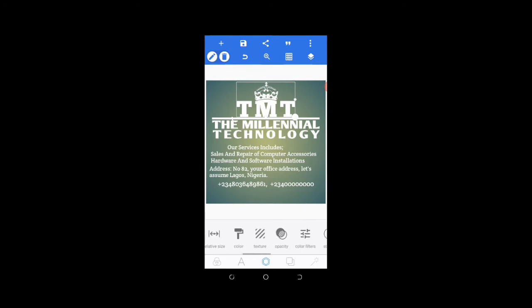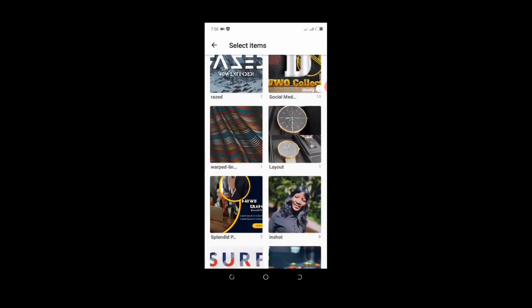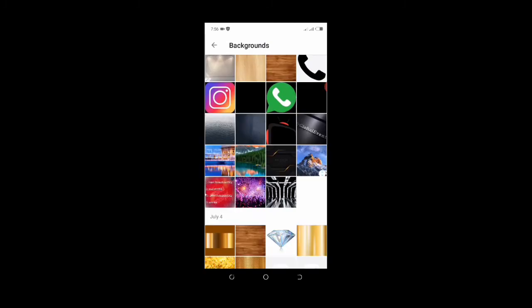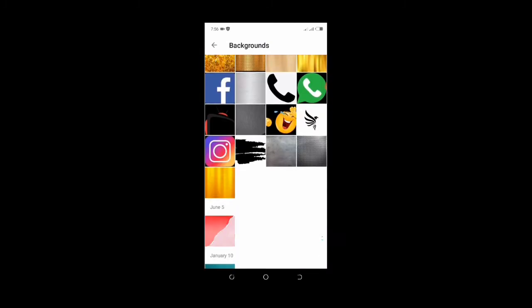So you just come here, then you click on texture from gallery. So our TMT now wants to apply texture, and the color will be, let's use silver. So TMT, silver, where are you? Okay,